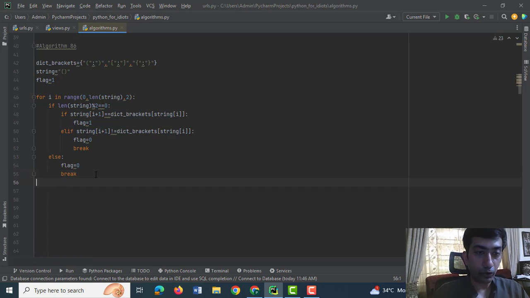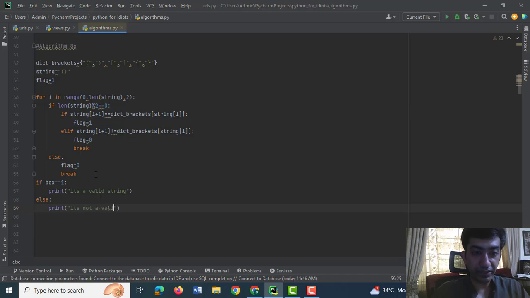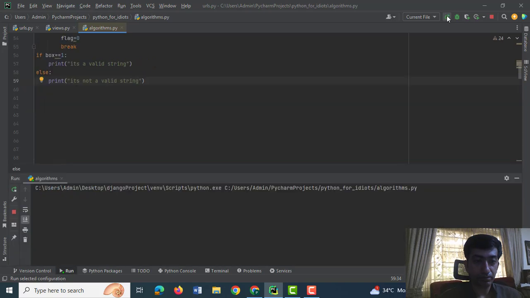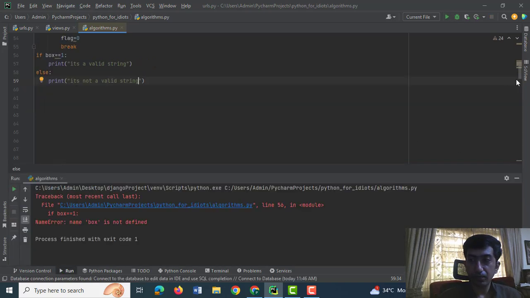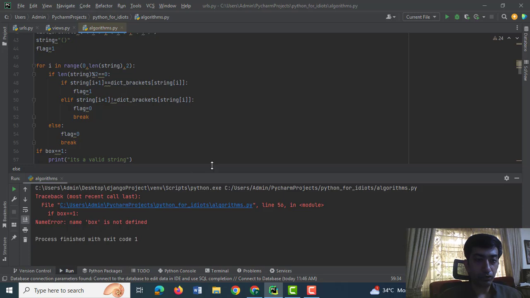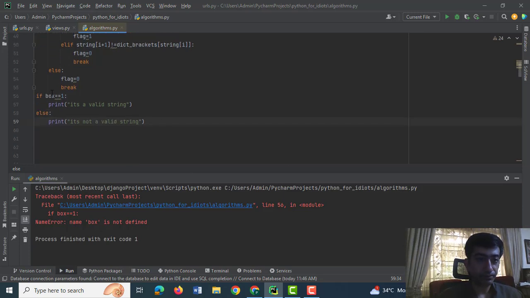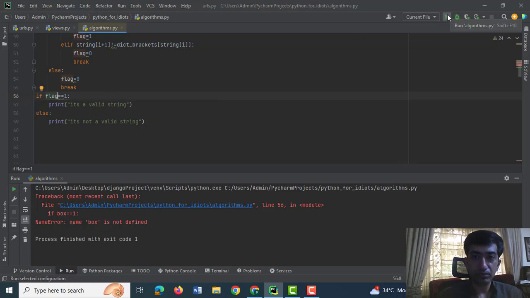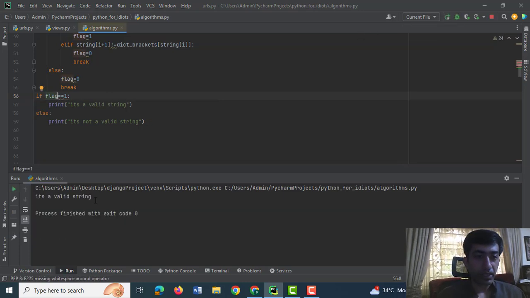At the end of the for loop, we would check if flag equals 1, we would print it's a valid string, else print it's not a valid string. So when I click play, I did not define flag. Oh, sorry. So it's a valid string